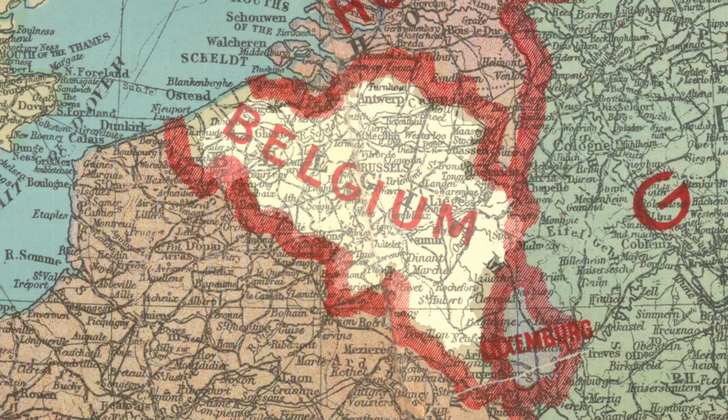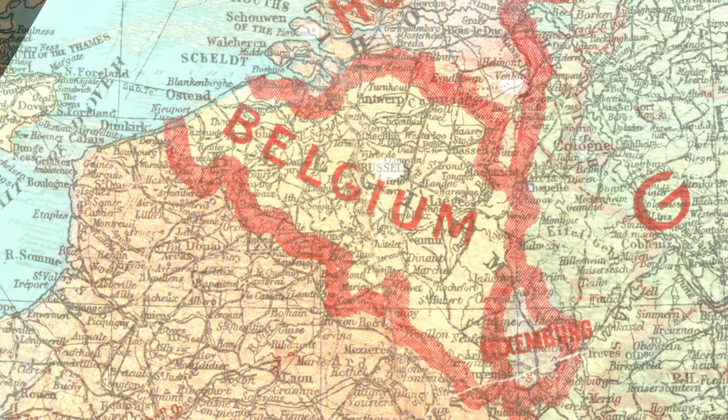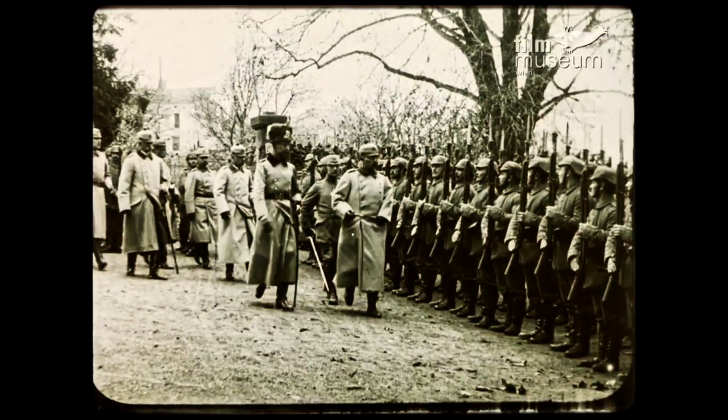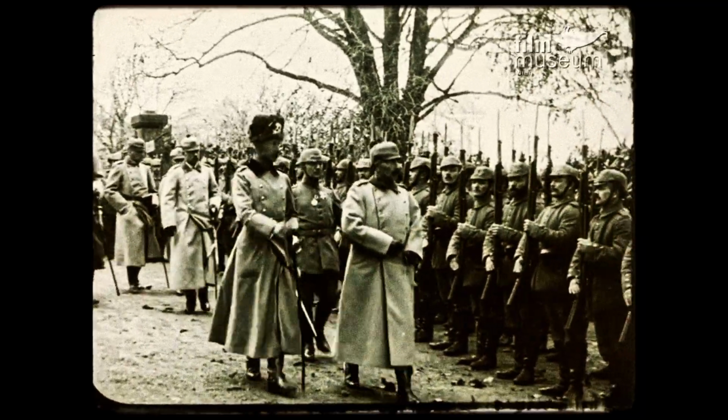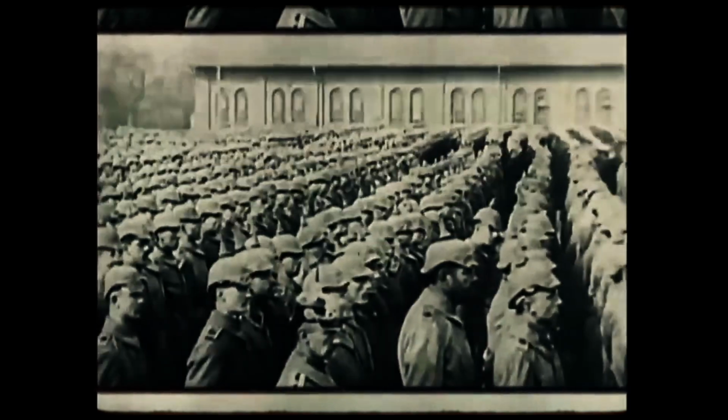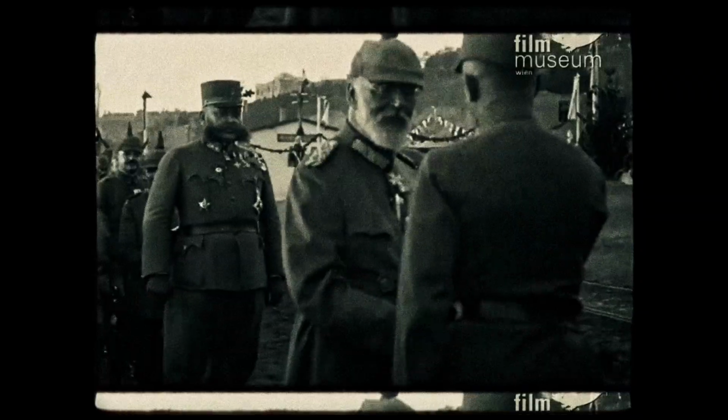The principle of neutral inviolability was a cornerstone of the 19th century international order. It was intended to shield non-belligerent states from becoming battlegrounds in great power wars. 2 major agreements underpinned this principle. First, the Treaty of London established Belgium as an independent and perpetually neutral state, a status explicitly guaranteed by Europe's great powers. Second, the Hague Convention reaffirmed that the territory of neutral powers is inviolable. Despite these commitments, Germany chose to disregard them.